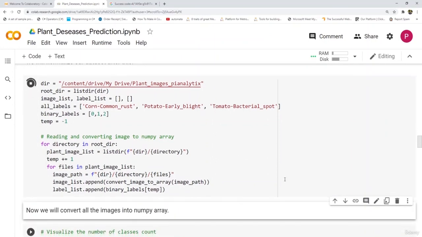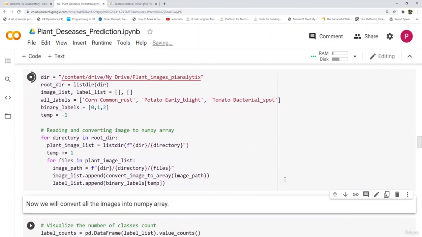It will take some time because we have around 900 images. So here you can see that this cell has run. All our images have been converted into a NumPy array.